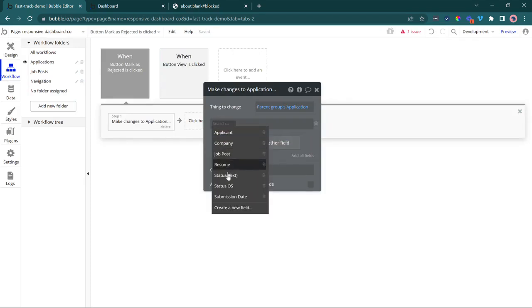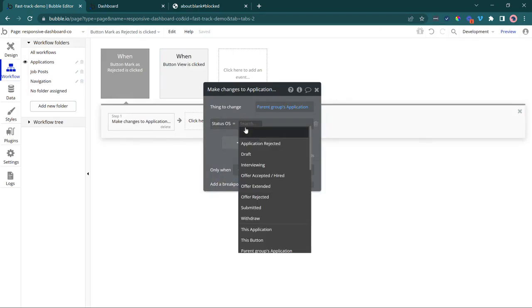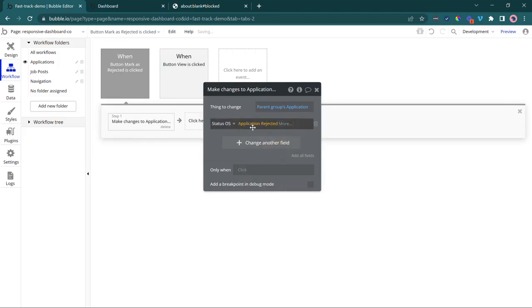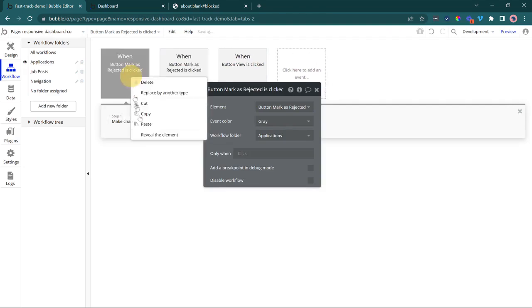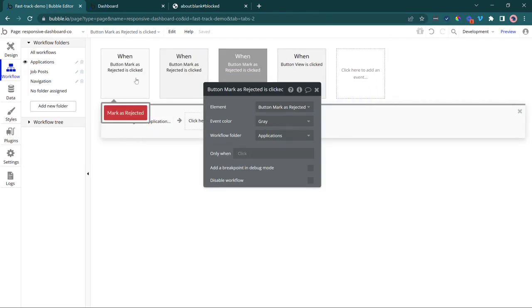And the only thing that we're going to modify here is the status field. And we're going to set it specifically to our rejected status, this one right there. And I can do the same thing for the other buttons, right? I can quickly get there by just copying and pasting these workflows and switching out the values and